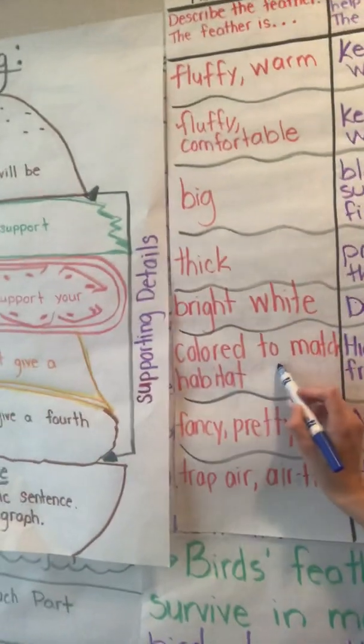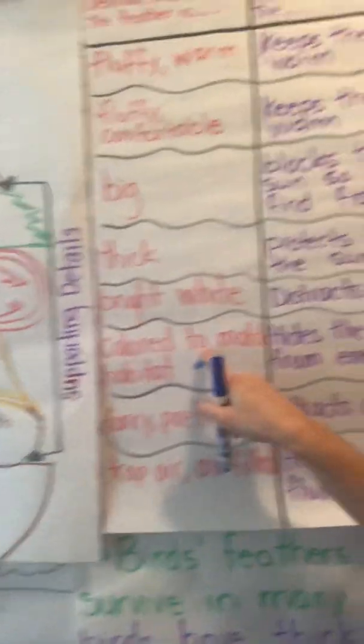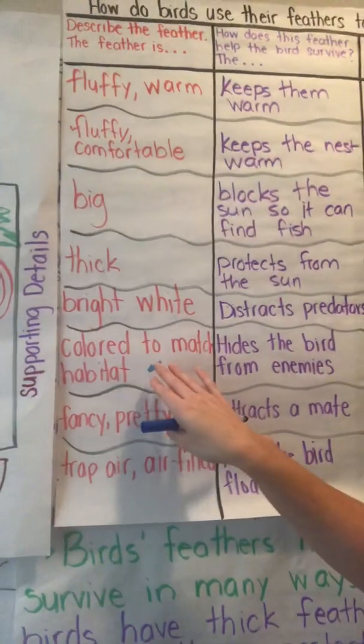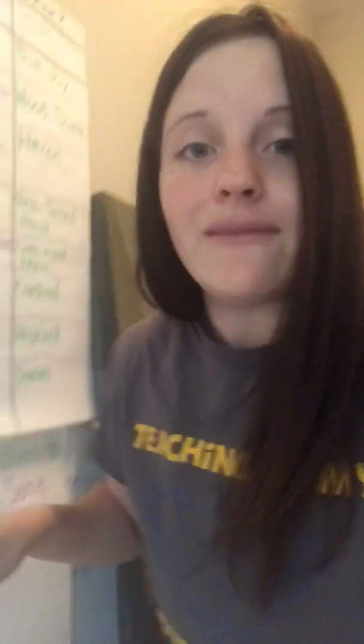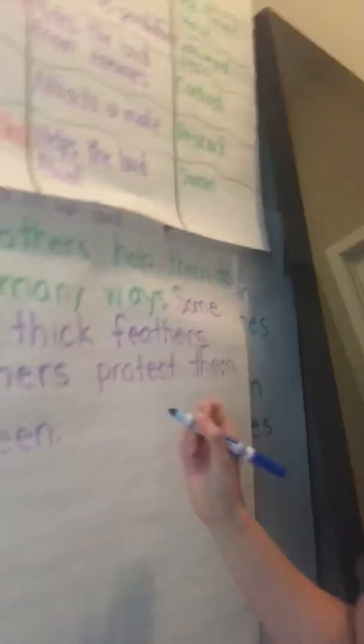Now we need to look at a different type of feather and explain how that type of feather helps the bird survive. So we're going to go to our chart and we're going to focus on the one that says colored to match habitat. So other birds, they have their feathers that are different colors that match where they live. Their habitat is where they live. So we're going to create our sentence about the colors of the feathers. So our sentence will be,